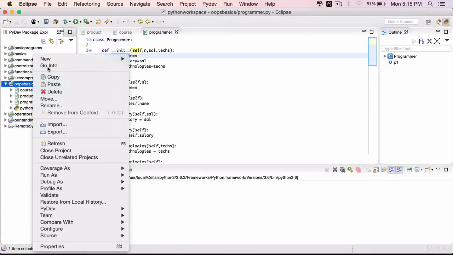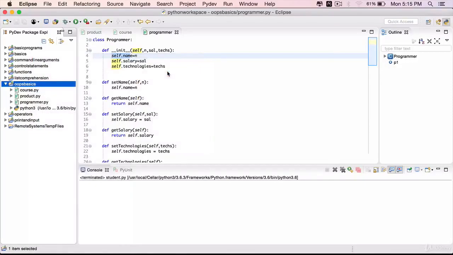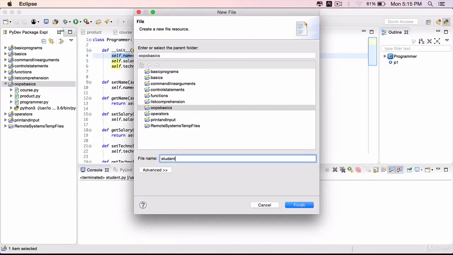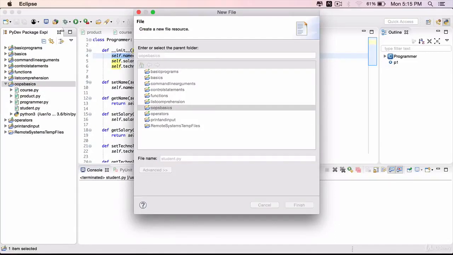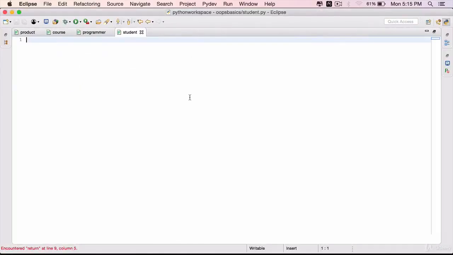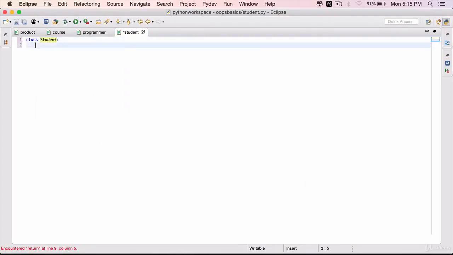In this lecture, you will define and use static fields or class level fields. You will do that by defining a class called student, and it will have a field called major, which is a static field. Go to Eclipse or PyDev, oops basics, right click, new file, call it student.py, define the class called student, colon,